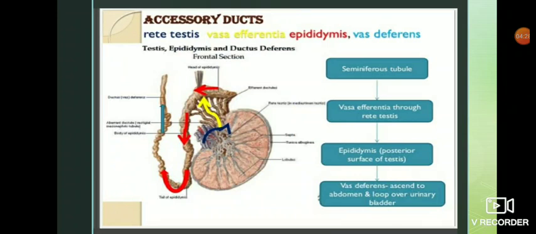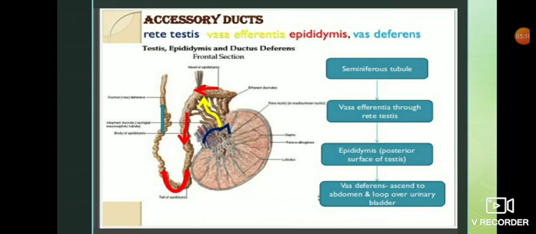Now let us see the accessory ducts. The male sex accessory ducts include rete testis, vasa efferentia, epididymis, and vas deferens. The seminiferous tubules of the testis open into the vasa efferentia through the rete testis. The vasa efferentia leave the testis and open into the epididymis located along the posterior surface of each testis. The epididymis leads to the vas deferens